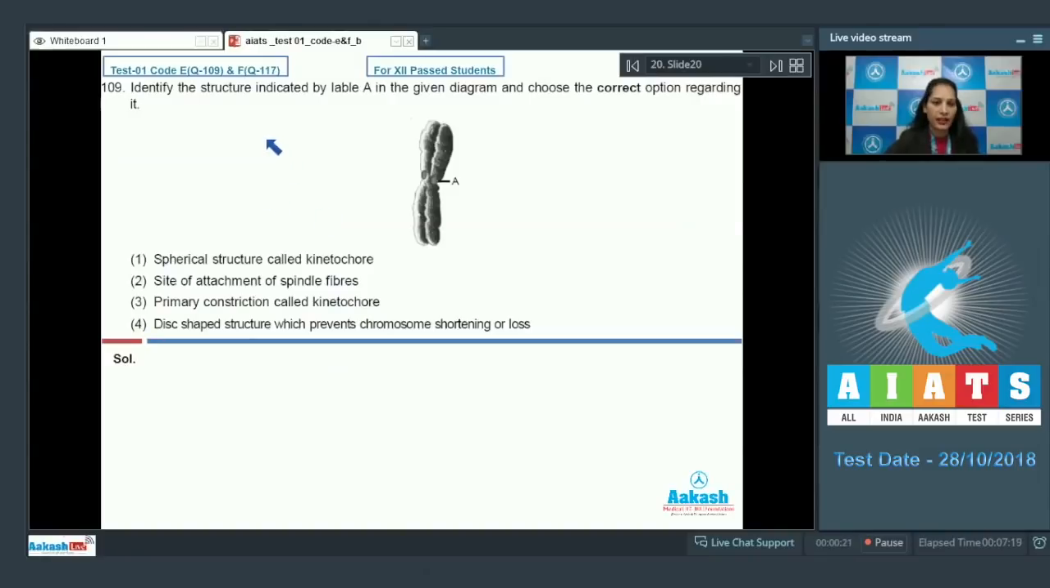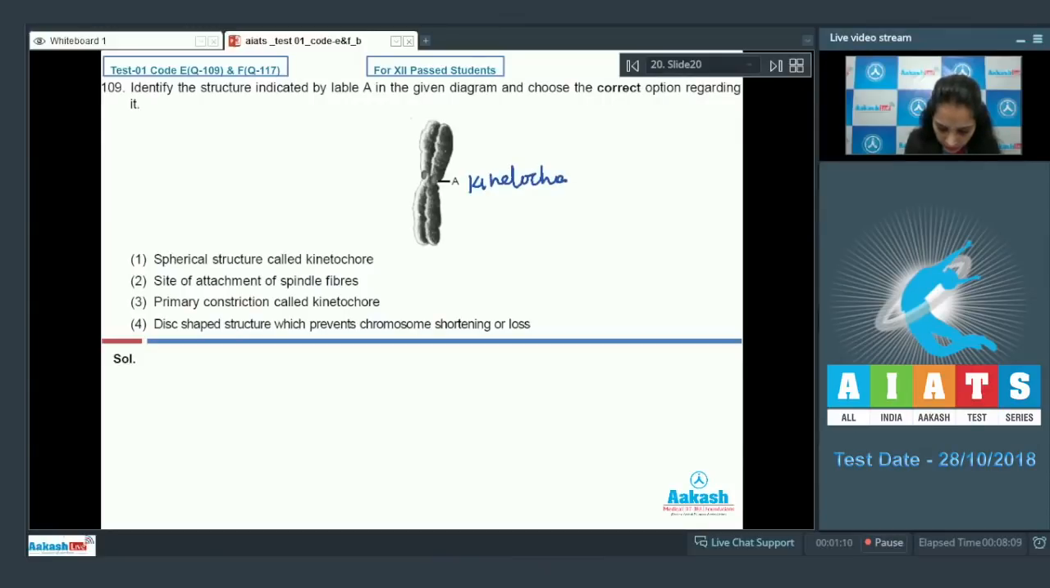Question number 109. Identify the structure indicated by label A in the given diagram and choose the correct option regarding it. First, spherical structure called kinetochore. Second, site of attachment of spindle fibers. Third, primary constriction called kinetochore. Fourth, disc-shaped structure which prevents chromosome shortening or loss. So you need to identify the structure which is labeled as A, and then choose the correct option. The structure which is labeled as A is nothing but